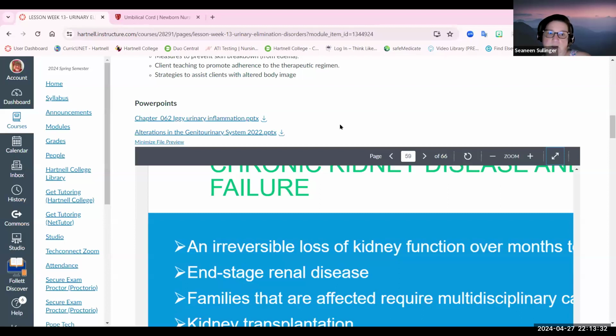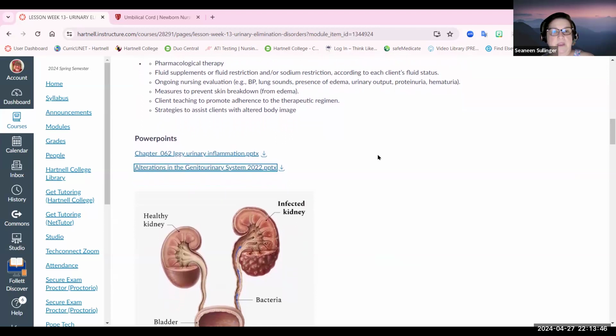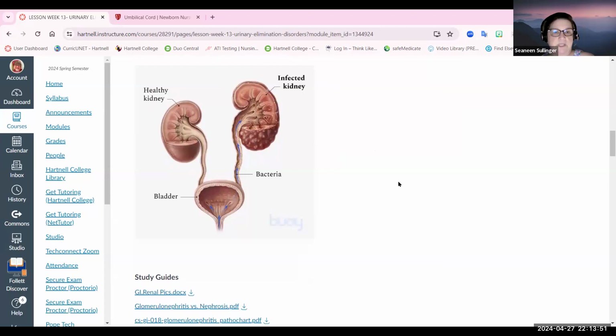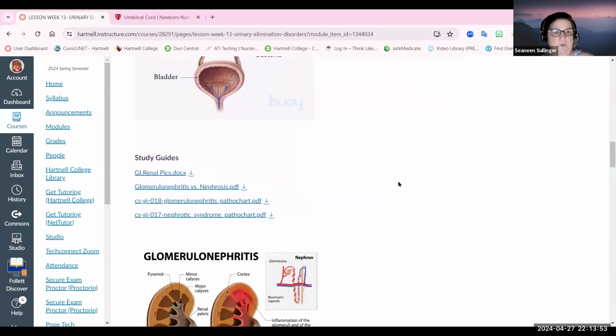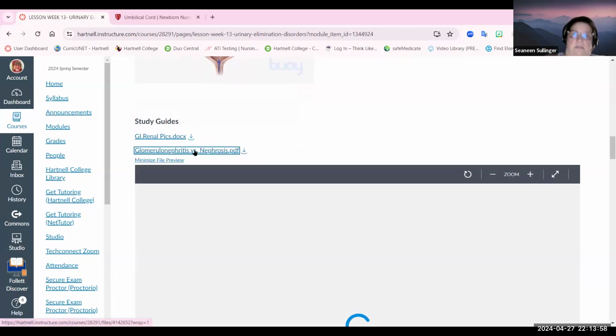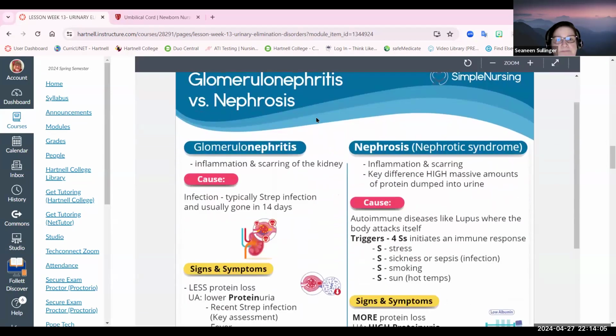So the main things to know would be able to compare and contrast glomerulonephritis and nephrotic syndrome, and to be familiar with those congenital disorders that we talked about. You know about that. Okay. So just pictures of what an infected kidney versus a healthy kidney. This is the study guide, the comparative study sheet from Nurse Mike. And again,